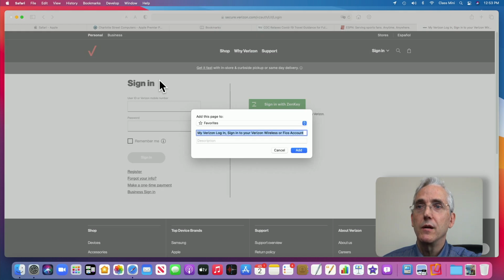So let's just do that. And it's offering to put this in my favorites, not in that folder that I made, but just in the general group of favorites. And the title of it is going to be this huge, long title. All I want to do is call this Verizon Login. So I'm going to just retitle that